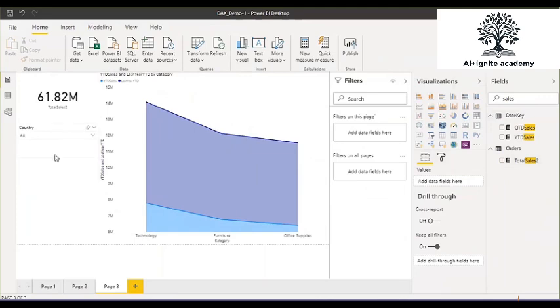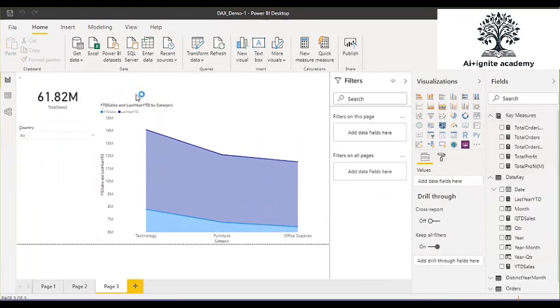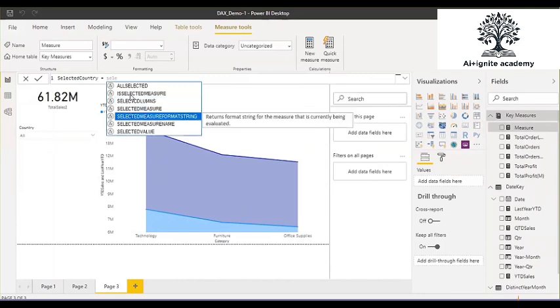Now what you want to show the country name. Whatever the country you select, that selected country you want to display here, okay? Or somewhere here. So how you can do that? For that, first you have to capture the value of the selected country, okay? We will capture the value of the selected country, and then we will display that as a text here. So let's do that. Create a measure. Selected country, and here I use the selected value function.